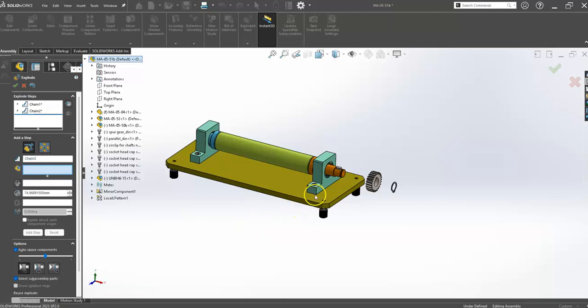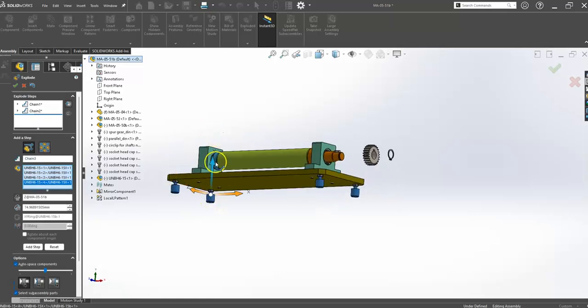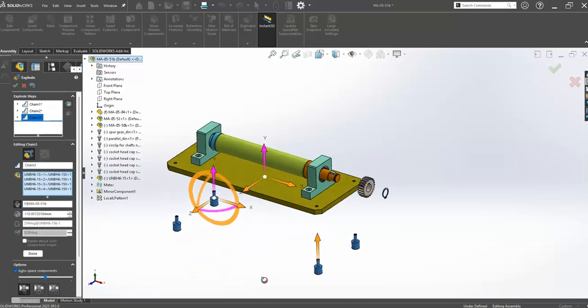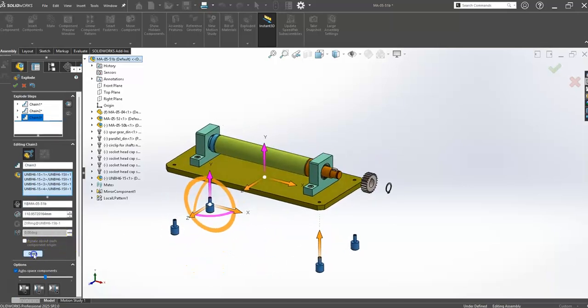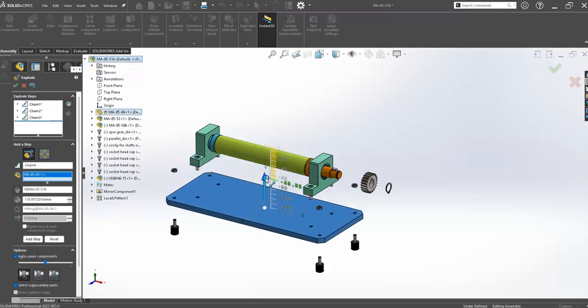So I'm going to do this maybe in reverse. I'm going to drop the table down now because I want to try to keep these components maybe in line with each other. So I can select the 4 wee feet that we took in, spin it around, select the feet and drag it down on the y-axis. And when I'm roughly happy with the distance there, I hit done. I pick the table next, the base, drag it down,